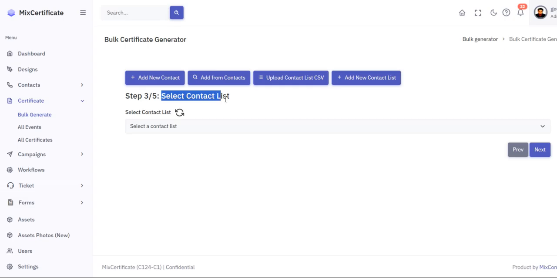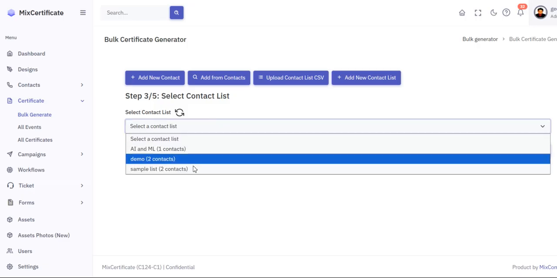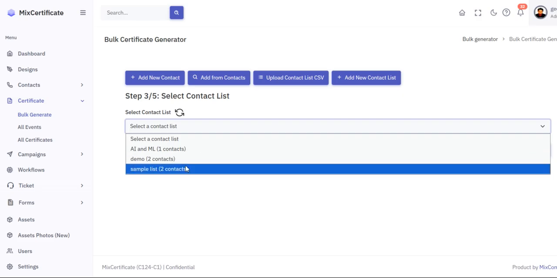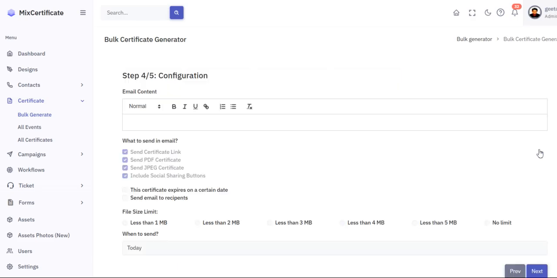Now it will basically ask us to select the contact list. Now what is contact list? Now contact list is actually a list in which we have basically all of the certificate recipients to whom the generated certificates will be sent eventually. So for example, if I choose this sample to contacts, then if I hit next, then here we have the